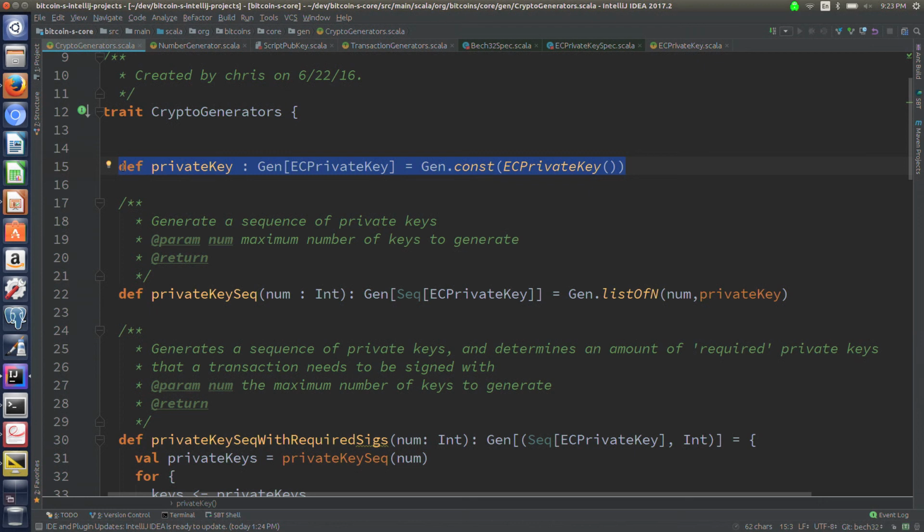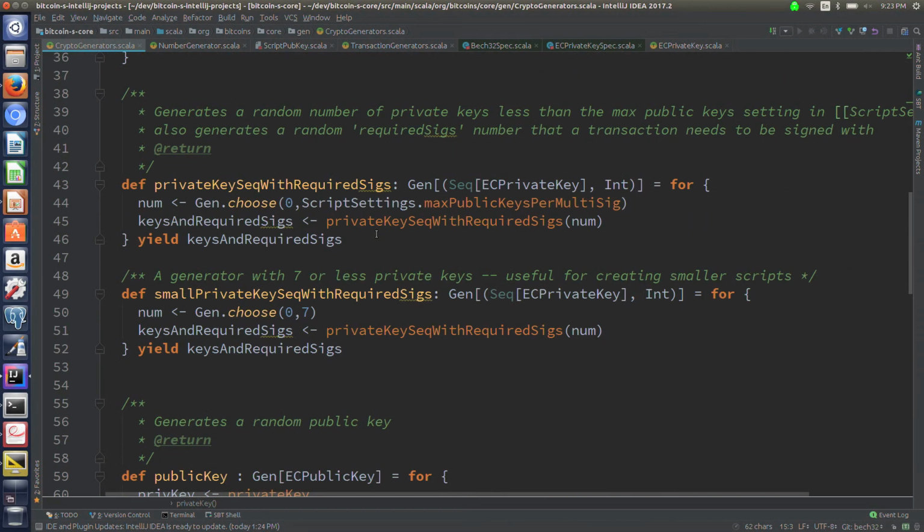So using ScalaCheck, we've created a little generator that says, okay, anytime you call this, just create a new elliptic curve private key. And it's very simple. It's just a call to a constructor that gets some random bytes and puts them in a little case class. But using this, you can build more complex generators.